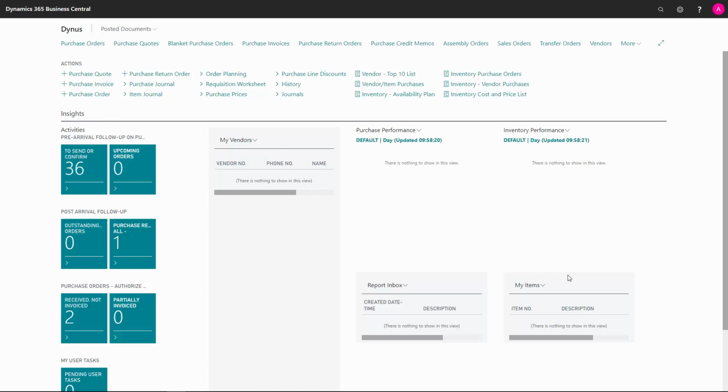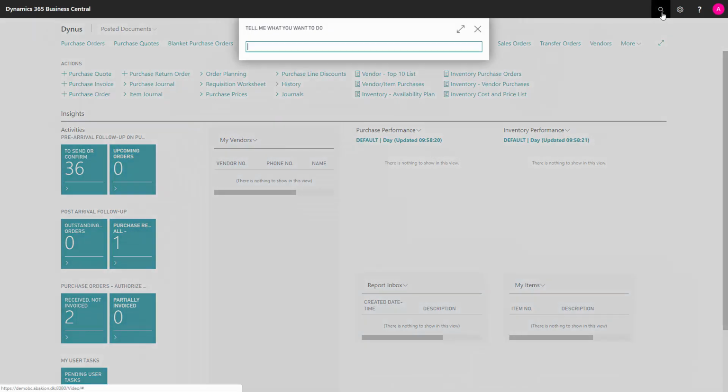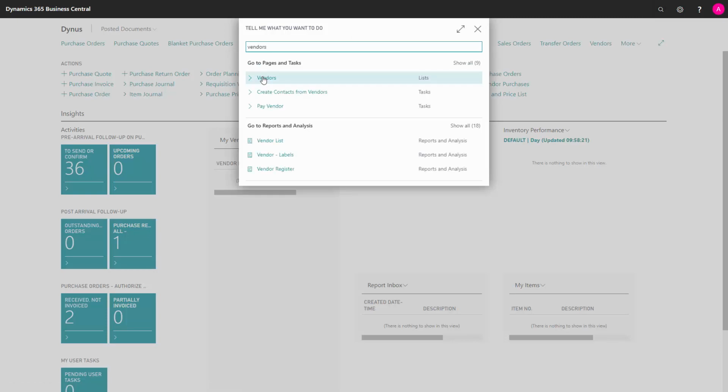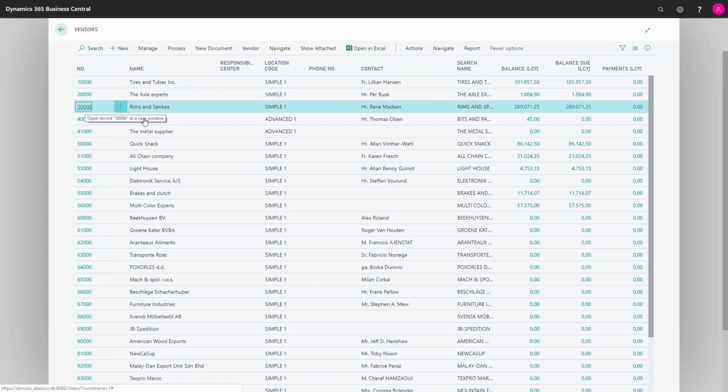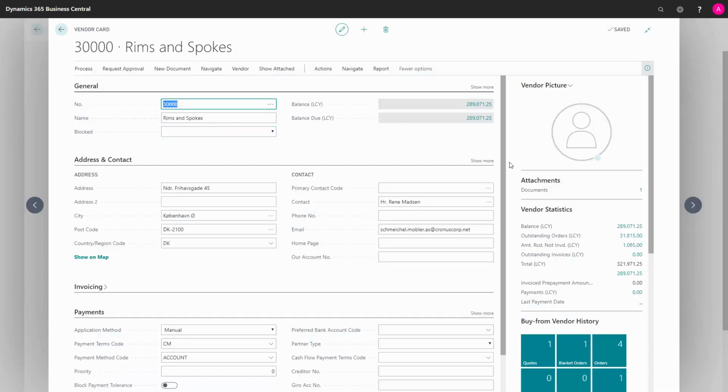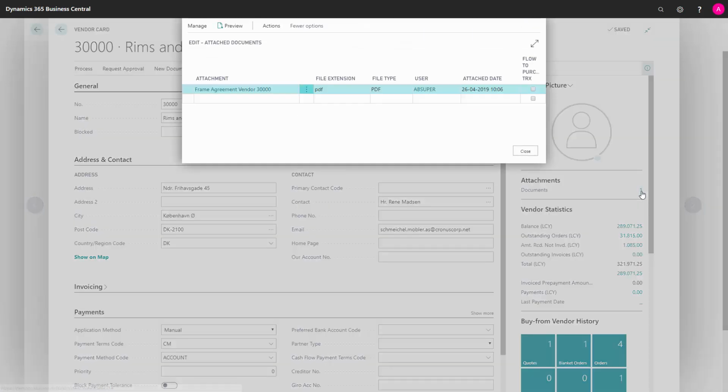So first of all, you might want to actually save the agreement in Business Central, and we suggest that you do that on the vendor card when you create the agreements. It might be that you want to save the agreement elsewhere, but if it's in Business Central, we suggest that you attach it to the vendor card from the vendor menu and the documents, and you can just click here